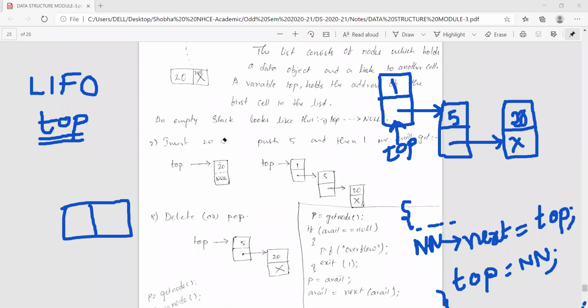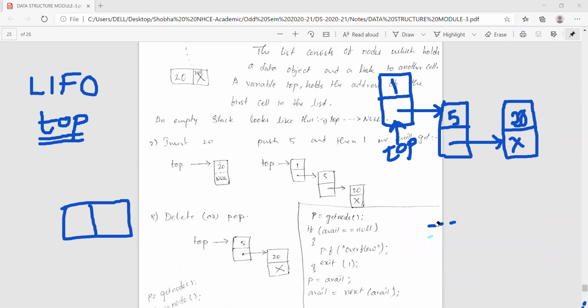The same way, deletion, pop. Now 3 elements are there in our stack. When I want to pop an element, what should I do? According to the stack logic, whatever was last inserted, 1 in our example here, should be output first. First output means first removed or popped. So when I pop an element from this stack, that should be the first element popped. Now how it will be written, you can see.